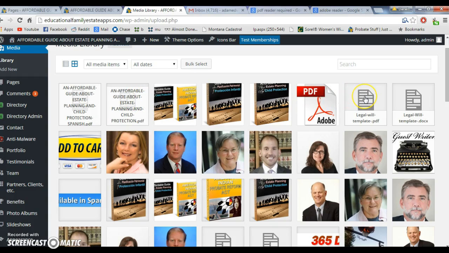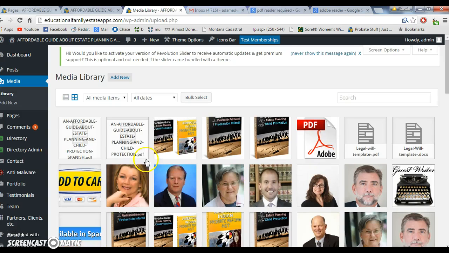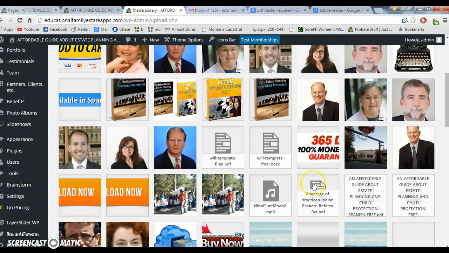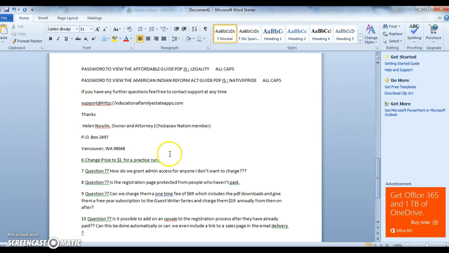They get the legal will template, both the PDF and the doc, and the coverage of the American Indian Probate Reform Act. So they get those three things if they check out as an American Indian. They get the guide in English, the legal will PDF, the legal will Word document, and the coverage of the American Indian Probate Reform Act. And so I'll add that to. I don't have that in the instructions right now, but all the products for right now,